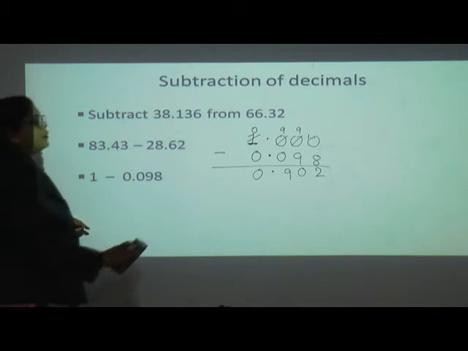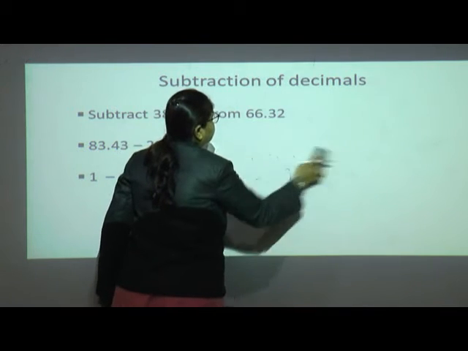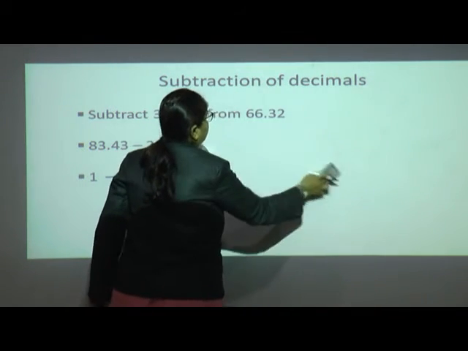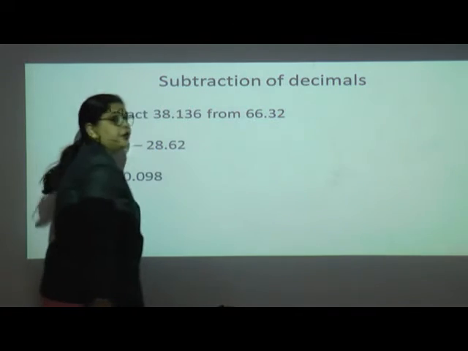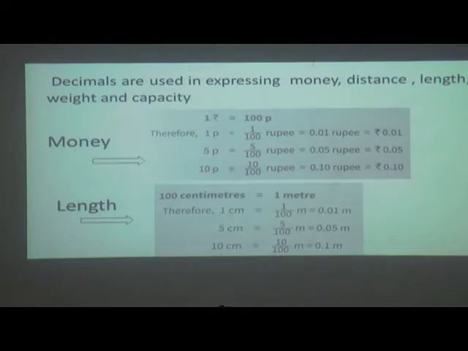Where are we using this type of numbers? Yes, you are right, we are using this in money, for example I am having 432 rupees 50 paise or 70 paise. In this way we have to do the subtraction of decimals. All the steps we followed, and we tried to solve 3-4 examples here. So it was very easy to understand how to do the subtraction of a decimal number.